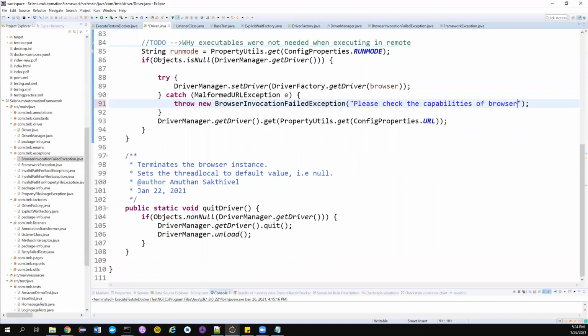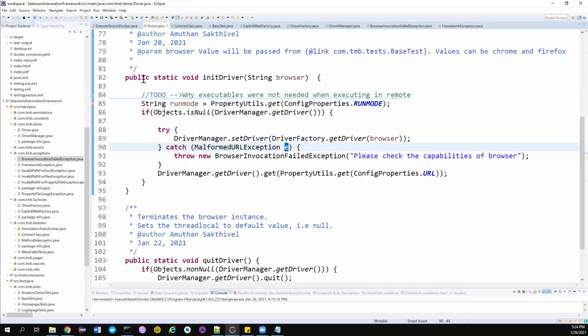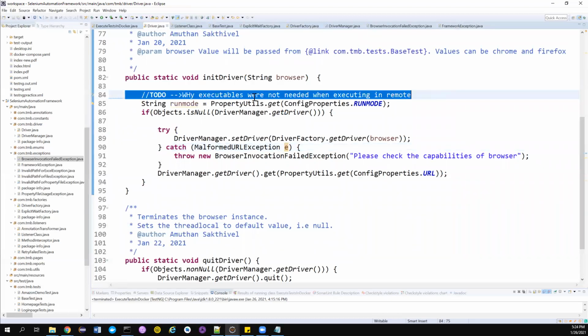You can also pass the cause if you are not doing any alteration to the stack trace. You can directly pass it like this. You don't have to pass the stack trace. Again, guys, I have covered everything in detail in my exception videos. Please do watch that. There is only one to-do that I have to do: why executables were not needed in case of executing in remote.